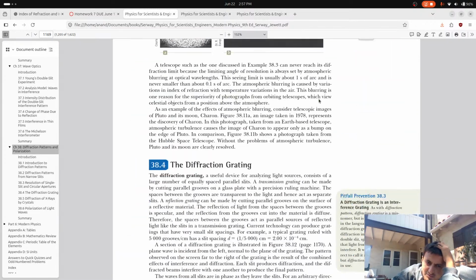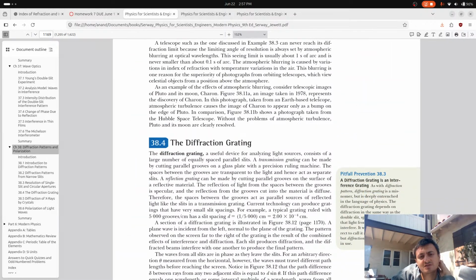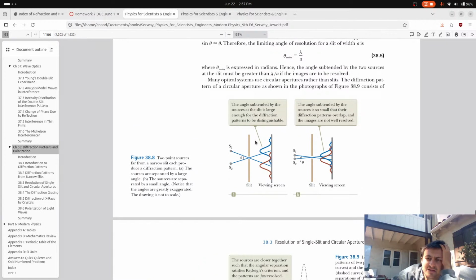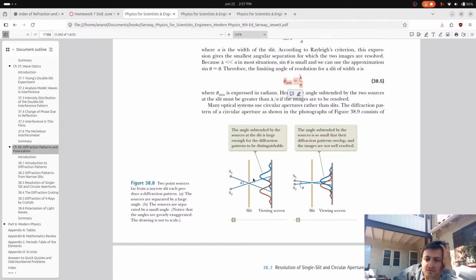I'm not getting this part, dude. Honestly, how does slit width, like slit width doesn't have anything to do with it, but it does. I don't see how slit width has any impact here in this photo. But it says that the minimum angle is dependent. So if I increase the slit width,